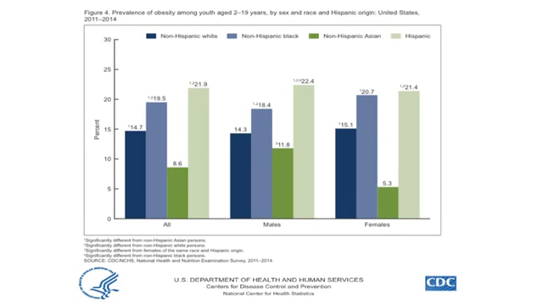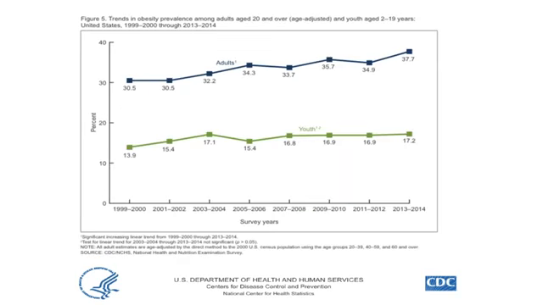When we look at obesity prevalence amongst the same population, but break it down by sex and race and Hispanic origin, we see that the prevalence of obesity is actually highest amongst Hispanic in all categories, followed next by non-Hispanic Black. And then when we compare obesity trends from 1999 to 2014 with adults to the pediatric population, you can see as the adults increase, the youth have as well. Question if there is somewhat of a flattening between 2009 and 2012.